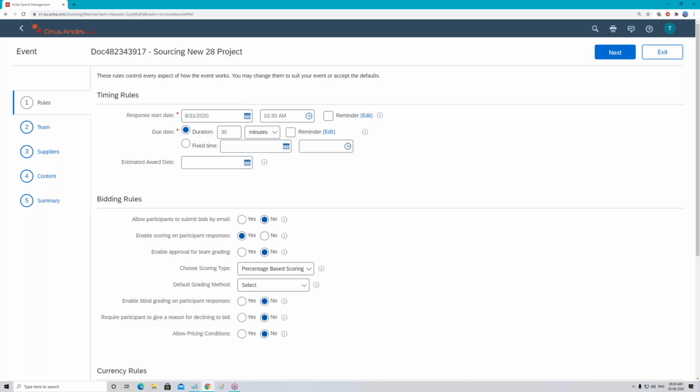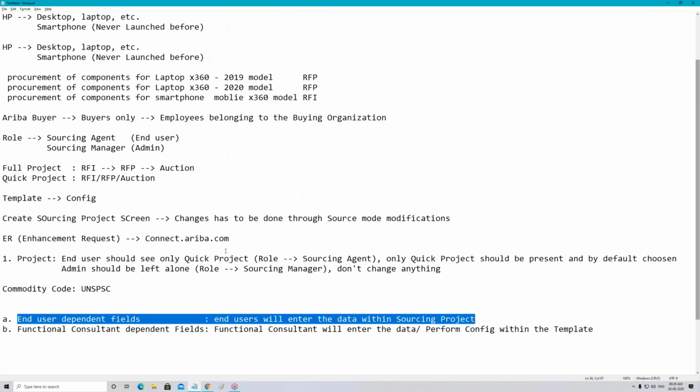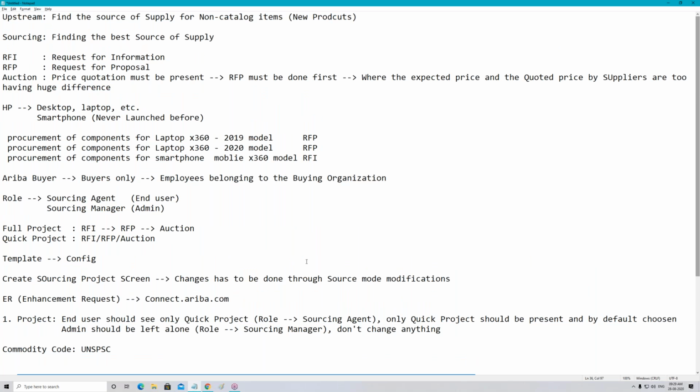Correct. Okay, I just want to add one more line. Let's take HP trying to launch a new smartphone product, as we discussed. Now HP definitely will have an Ariba buyer site, because they want to procure the new products. They are going to make an RFI or a new sourcing document saying these are the things I might require to get this end product.